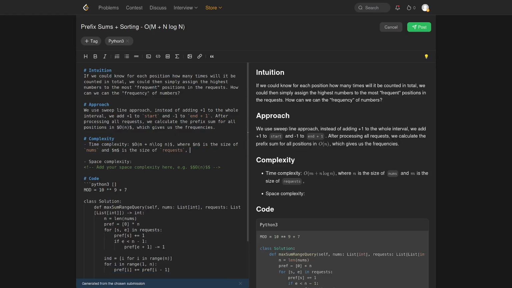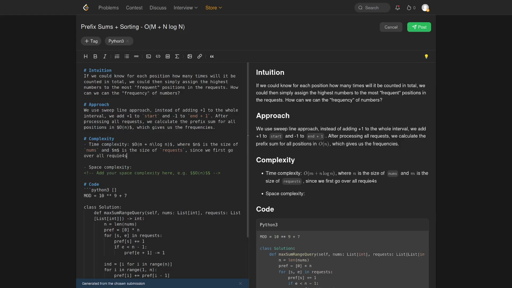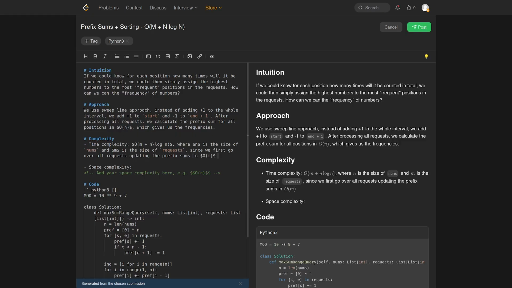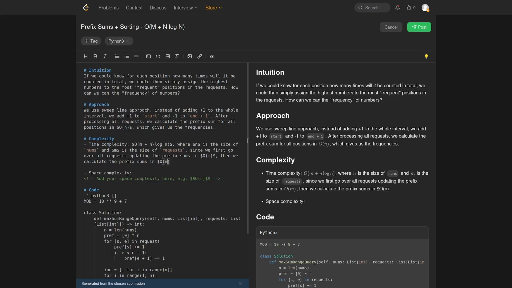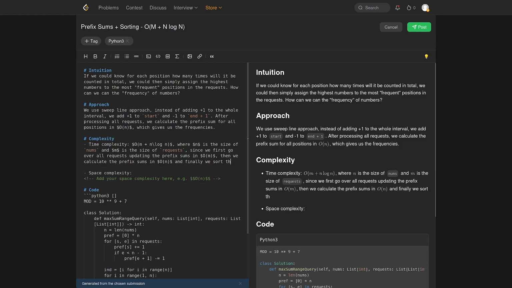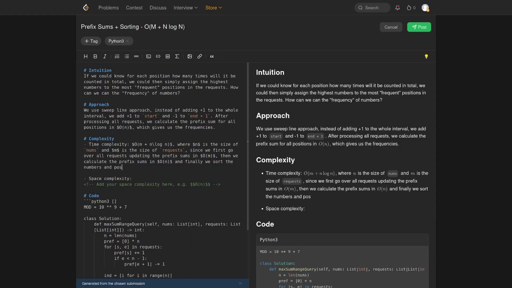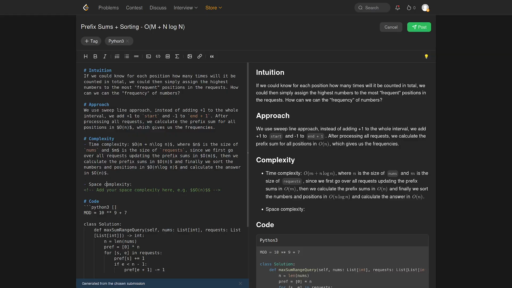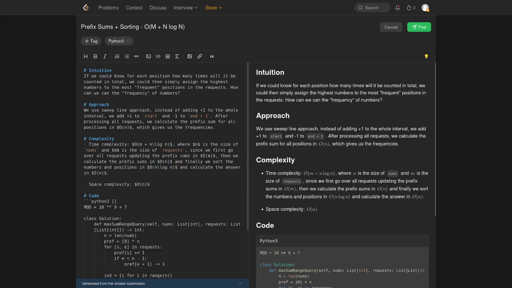Anyways, this is due to the fact that now, since we first go over all requests in O(m), updating the prefix sums, then sort the numbers and since we store the prefix sum,